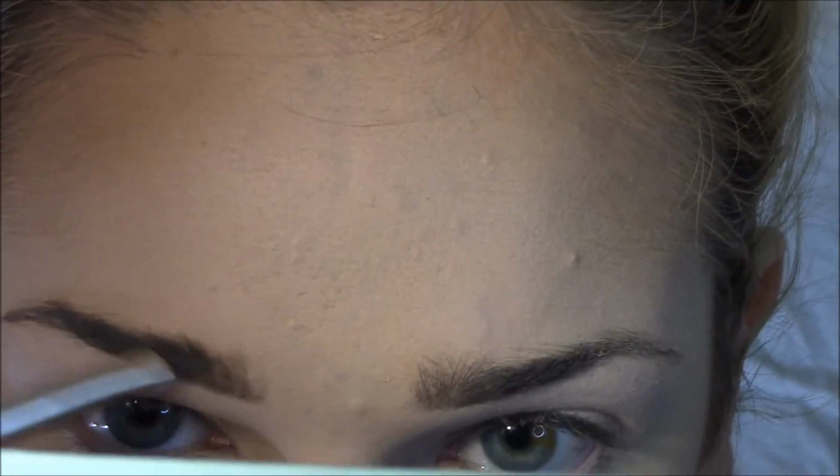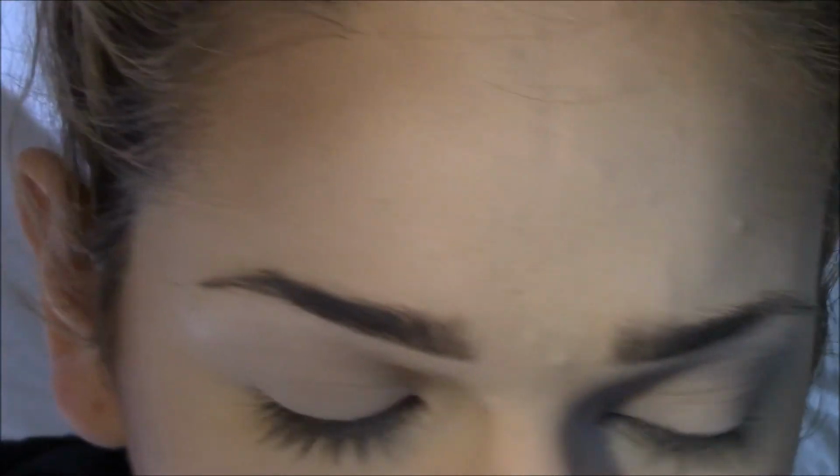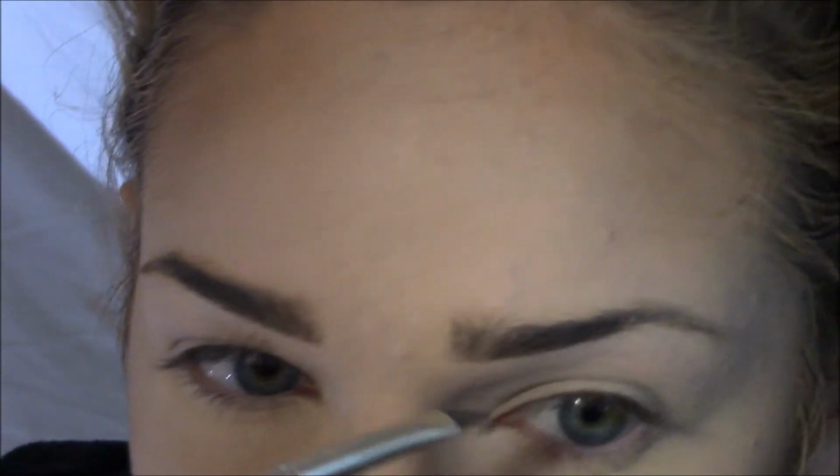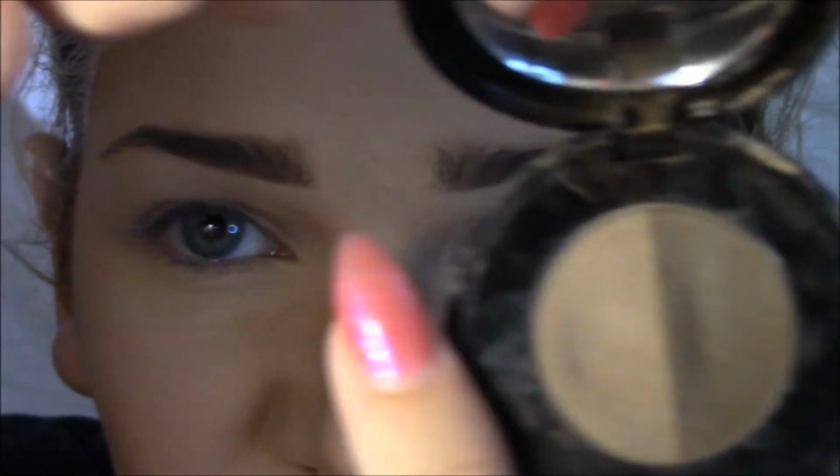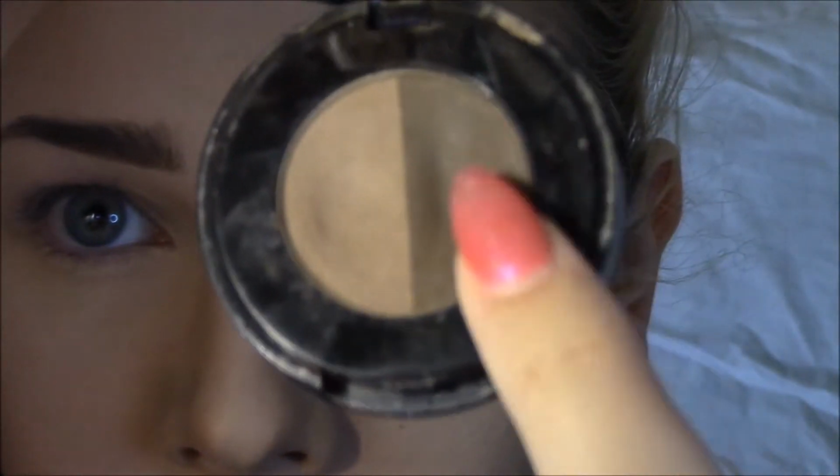And then I'd taken the darker brown shade, unless I haven't done that yet. No, it's still the light brown shade of the dark brown duo from Anastasia Beverly Hills. And I think I finished that. There, shaking my head. It's definitely fixed. I can't see the tail on the left side of my face, and I feel like it doesn't look as far, not the tail, the front doesn't look as far out as the other one does, and I want them to look even. As everyone says, eyebrows are sisters, not twins, but I still want them to look as twin